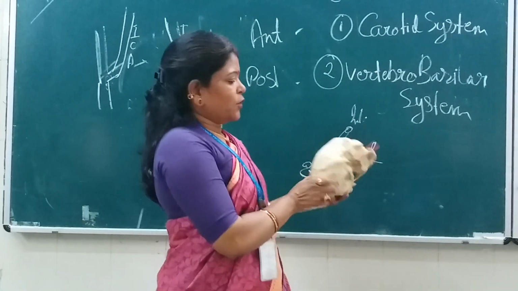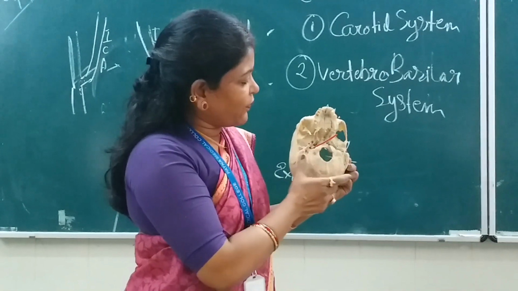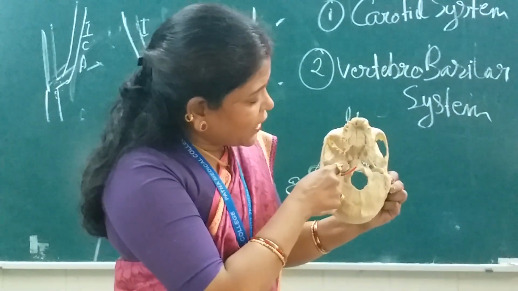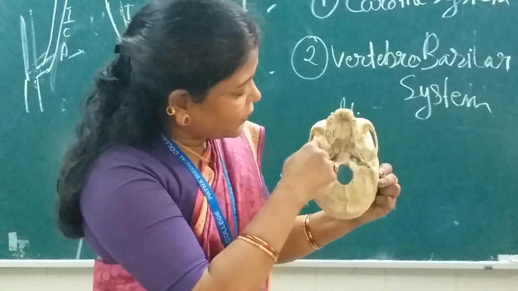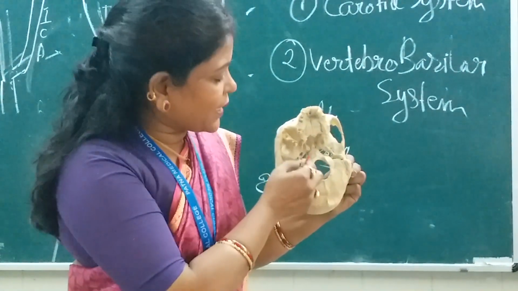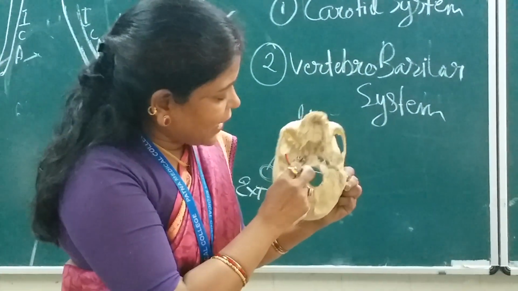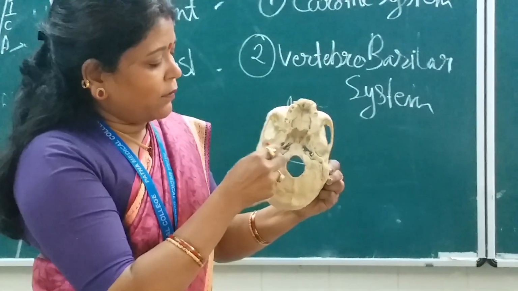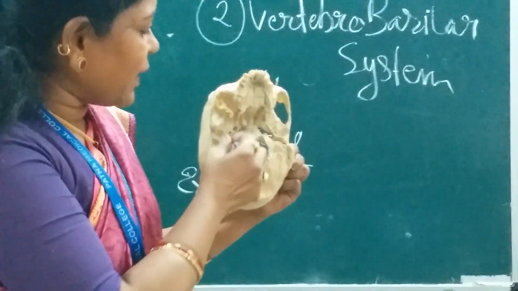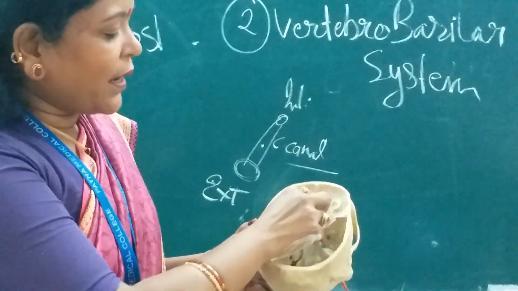So, when you see the norma basalis, this is the inferior surface of what? The skull. On the inferior surface of the petrous part of this bone, there is a rounded opening which is known as the external opening of the carotid canal. What is this? I have dropped the wire inside through the carotid canal here, the external opening of the carotid canal. Okay, this wire has entered.